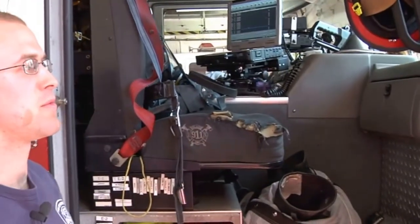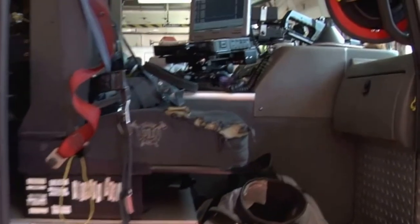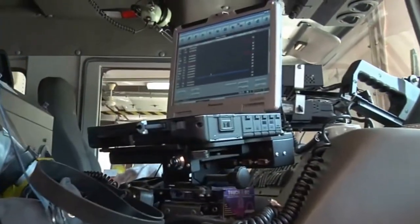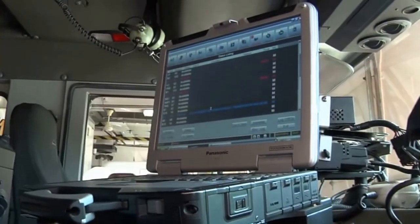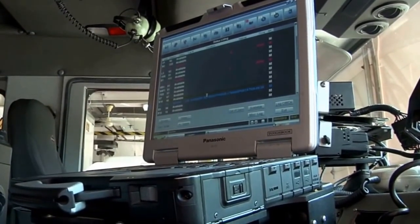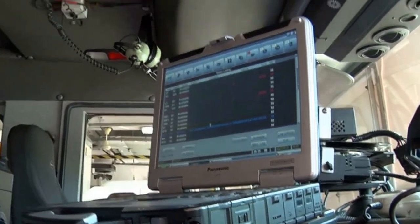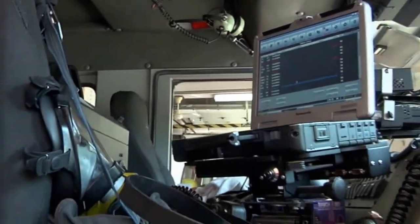Something that is becoming more and more prominent in the fire service is the computer you see there. Our communication with dispatch is done through that computer now, mostly. If there's specifics we need, we'll talk to them on the radio, but any updates they get, they send to us through the radio. We can check on scene and check en route, and also we can see what all the other trucks are